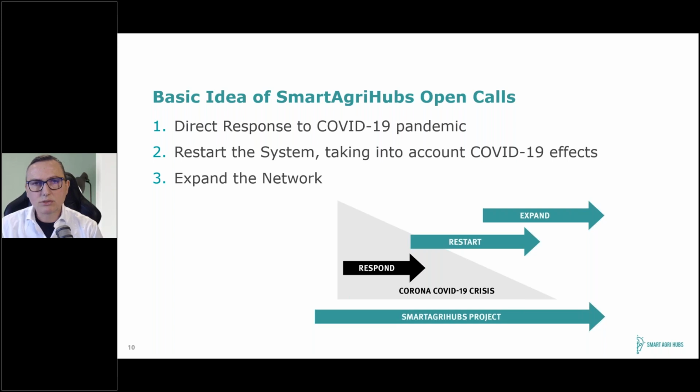Yes, we still want to expand this network because, as we already experienced, possibly most of us are nowadays sitting at home, like myself, I'm sitting in the home office. And that's also something where we think about what digital innovation could really support in the agri-food sector. And